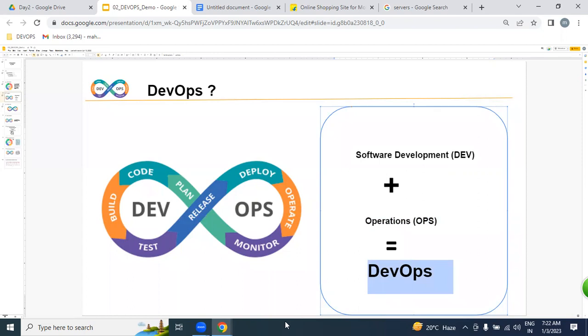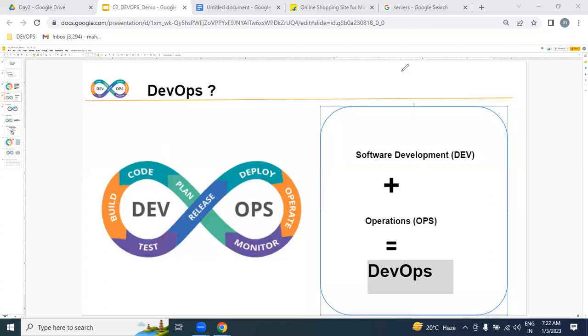That means our roles and responsibilities start from the dev environment and end with operations. We start from development, coding, test, release, deploy, operation, and monitoring. But frankly, we are not writing any code or any test cases.